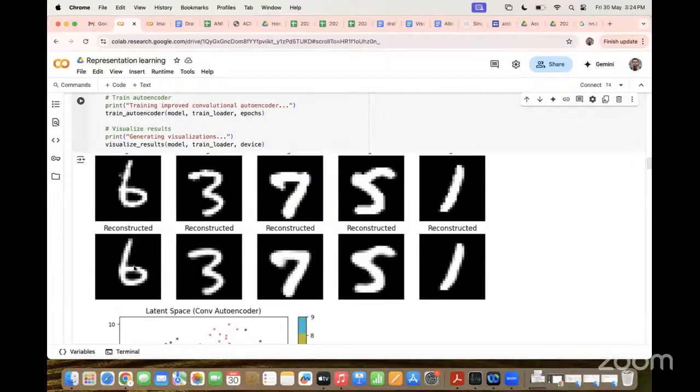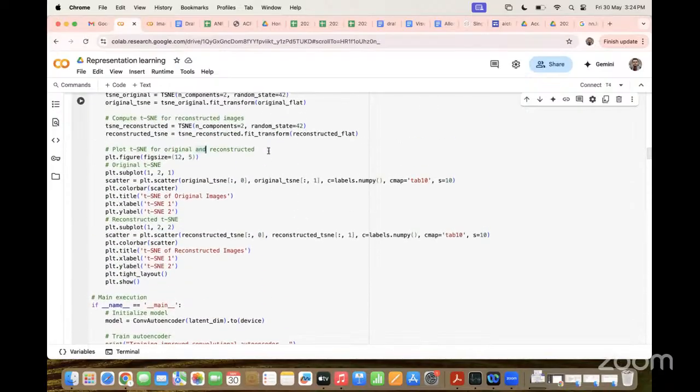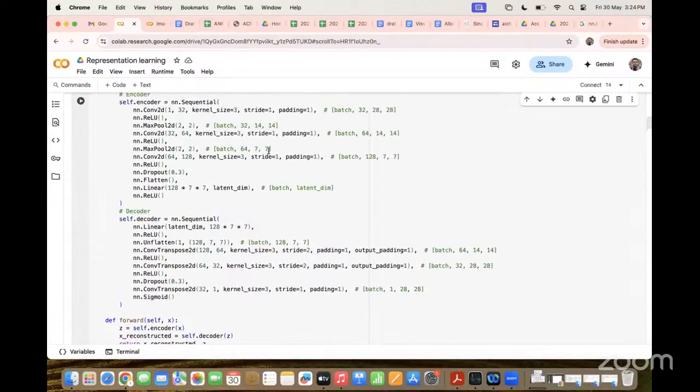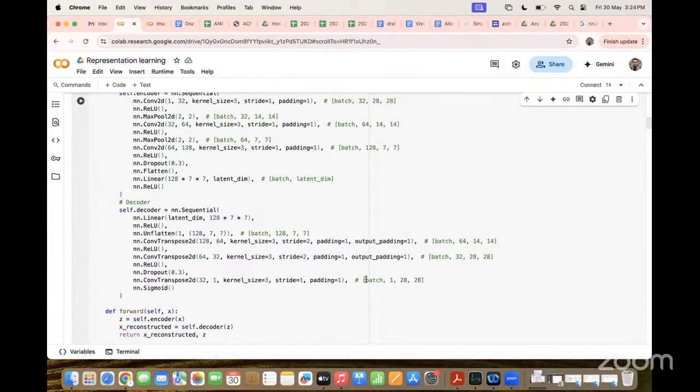It's the same dimension. In the decoder part, here, batch 1, 28, 28, so it's the original image we get. Dimension is the same.